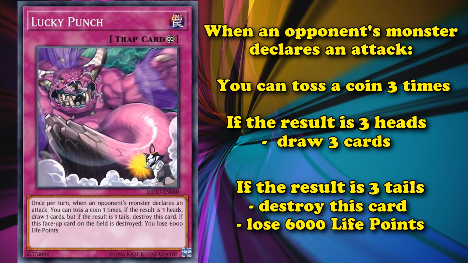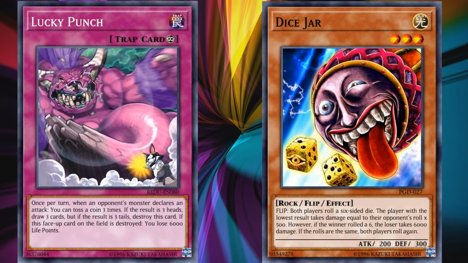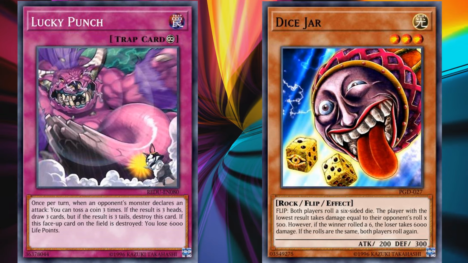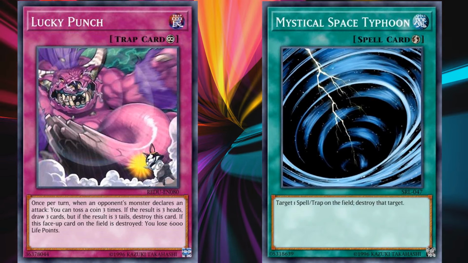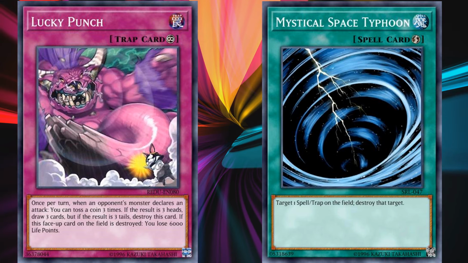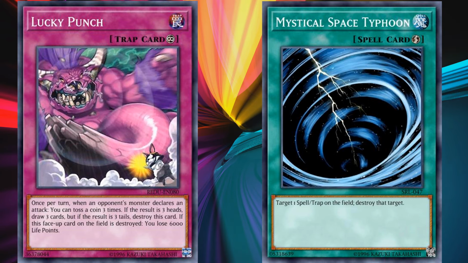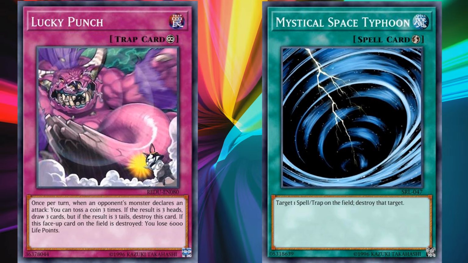Losing 6,000 life points, though, is an enormous amount of life points to lose, and can quite easily lose you the game, especially since your opponent can destroy this card with other card effects in order to make sure you lose at 6,000 life points. Because it doesn't matter how this card on the field is destroyed, just as long as it is destroyed, you lose 6,000 life points. Although its negative effect won't absolutely lose you the game on its own, and its positive